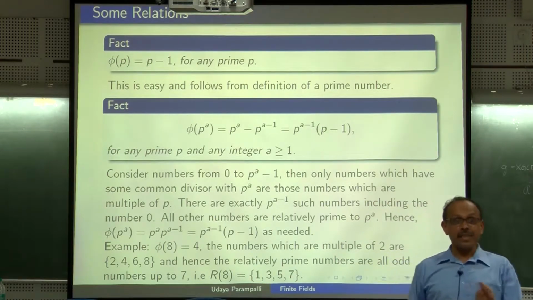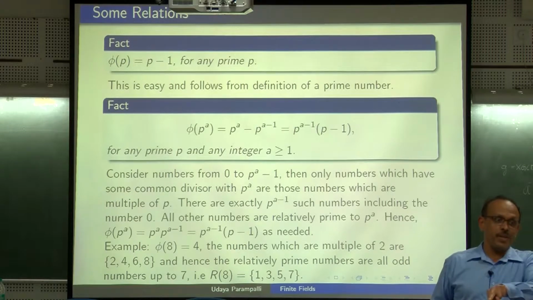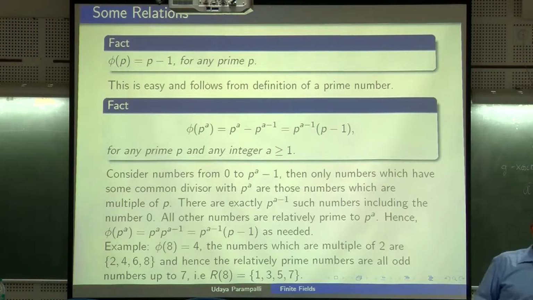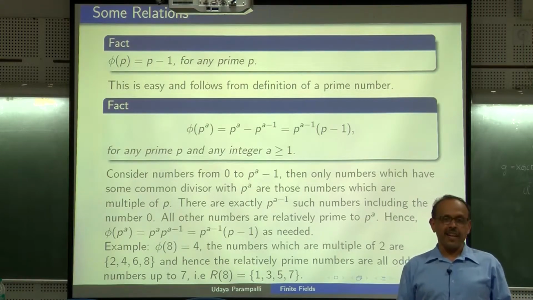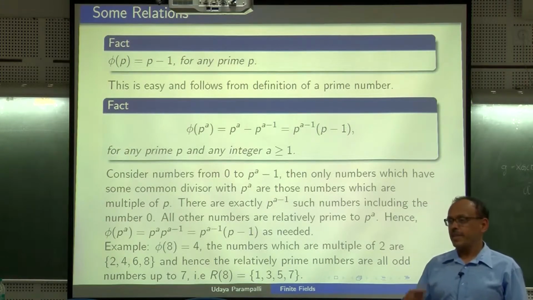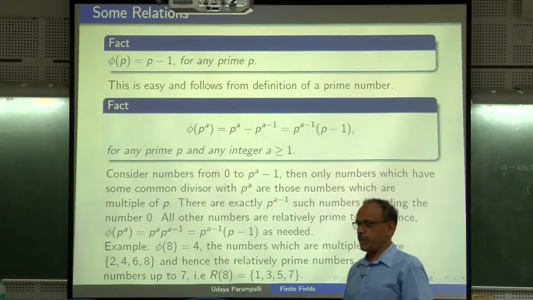When a number is just a product of 2 different primes, how many elements are there less than that which are relatively prime to it? So you can see that you can apply the same kind of thing. In doing so, you will come across another interesting combinatorial counting method that mathematicians normally use, which is called the